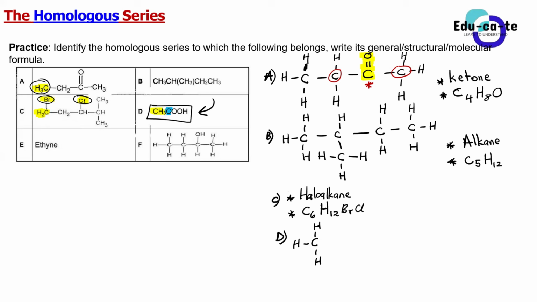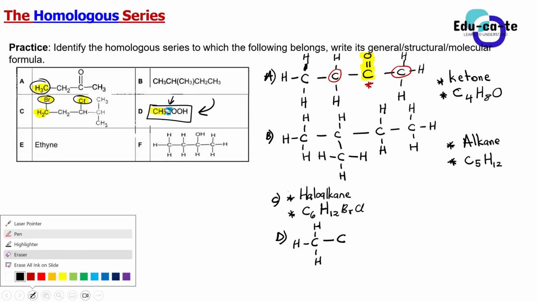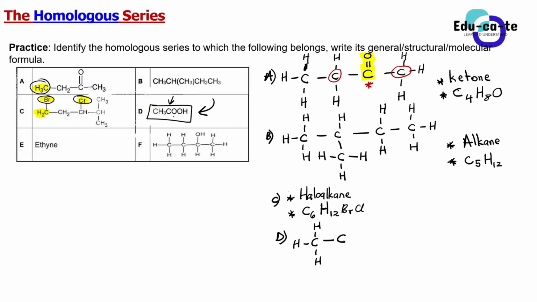So after this CH3, we've got a C here, the one that I've highlighted in blue. And this C, guys, do you see that it is bonded to OOH? So this carbon is bonded to 2 oxygens. That means one of the oxygens must take a double bond and the other one must take a single bond. Then we must have an H. Do you guys see this?